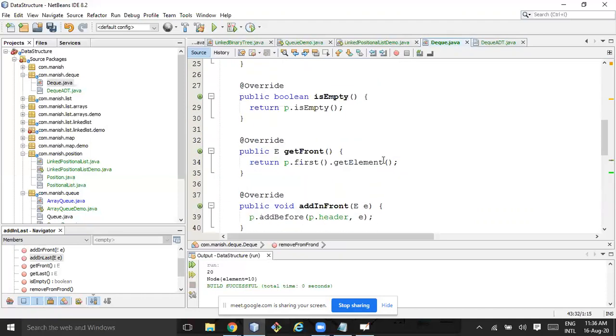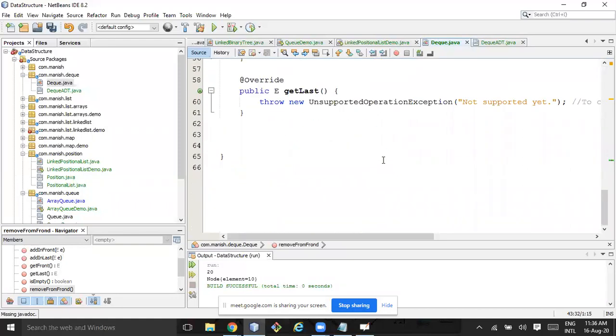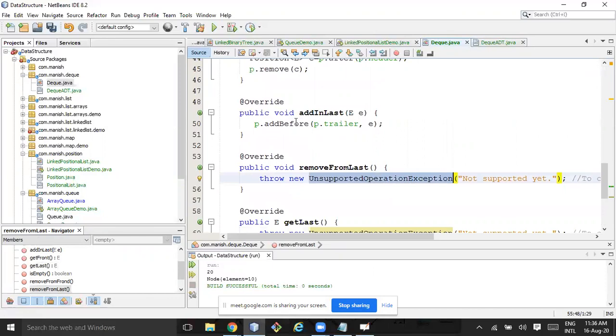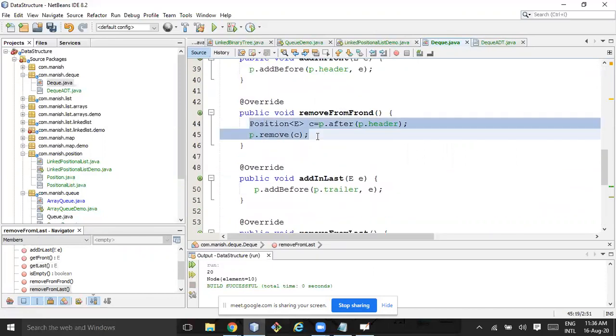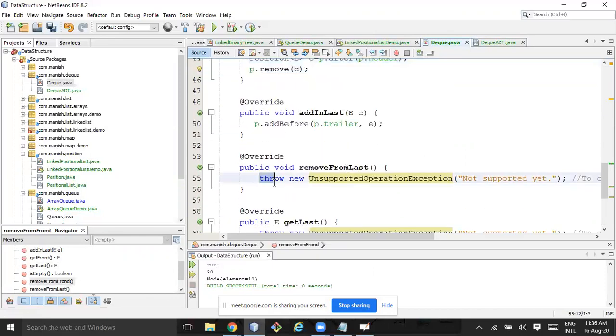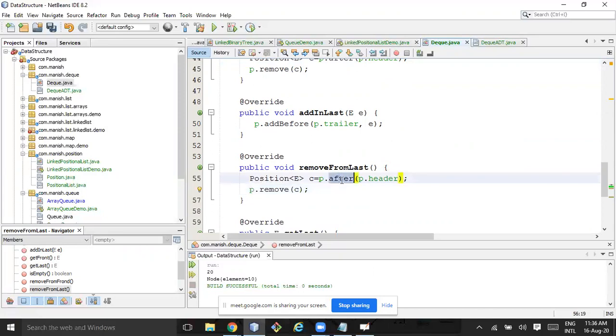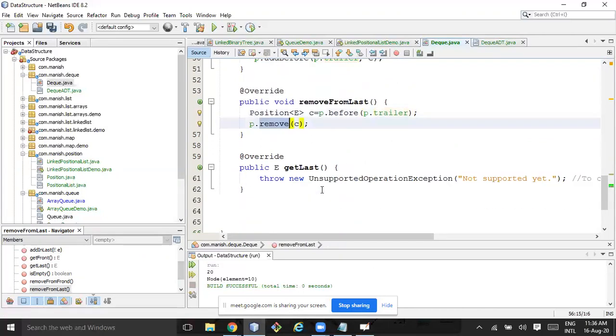So deque is done. Yes, some bug will be there, you need to fix it, obviously. Remove from last also you can do similarly. So here p dot before, p dot trailer, remove.